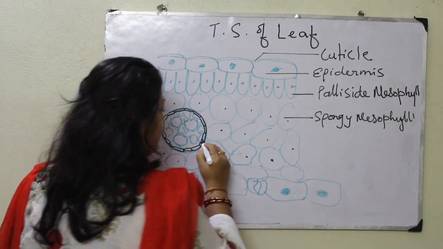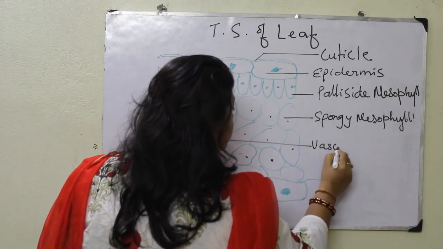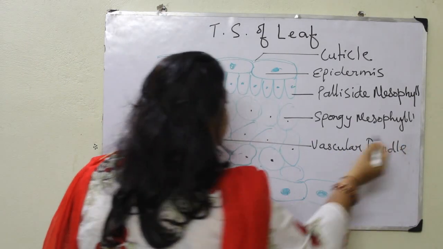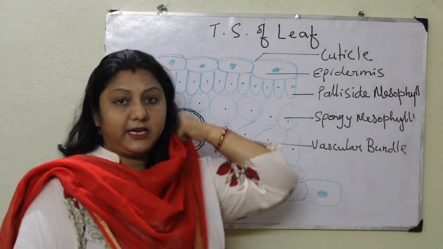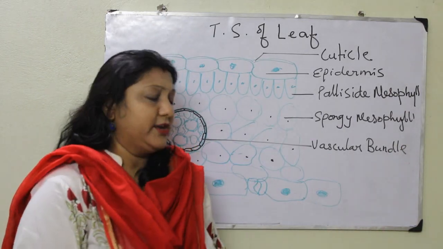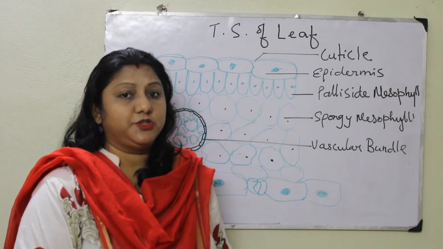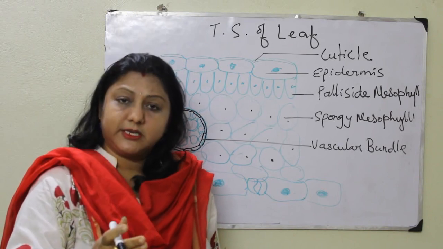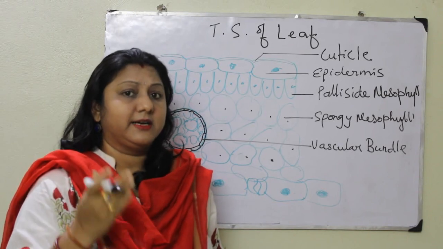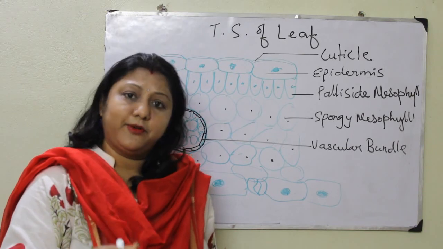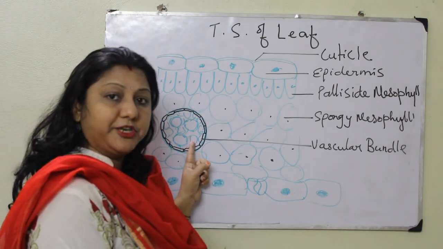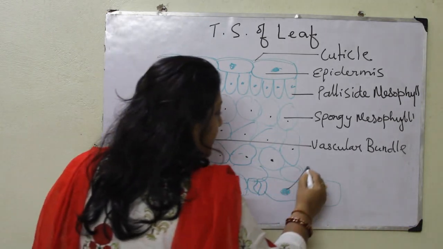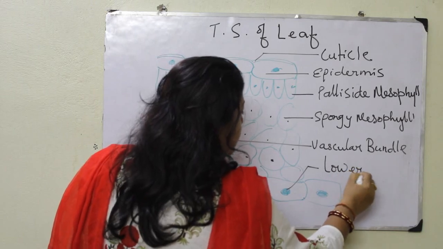Now this is the vascular bundle. Now what is the vascular bundle? The vascular bundle contains a collection of vascular tissues. Now which are the vascular tissues? The conductive tissues, the transporting tissues, are called the vascular tissues. So which are the conducting tissues? You have studied in class 9. The conductive tissues are xylem and phloem. So the xylem and phloem location in the leaf will be here. And these are the mesophyll cells, and this is your lower epidermis,